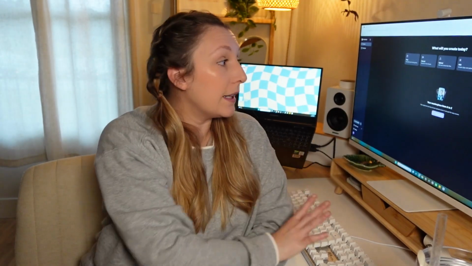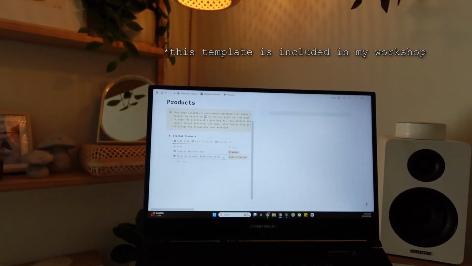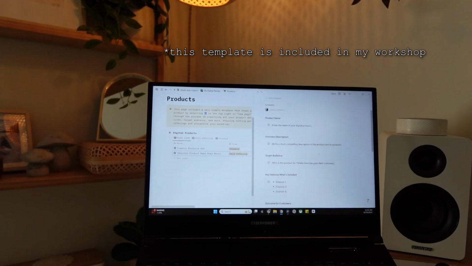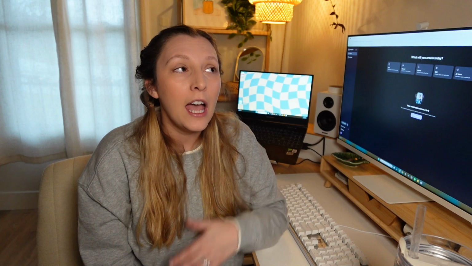Obviously, before you jump into something like Riverside, you need to plan and script out your workshop. So for me, I use Notion for all of this. I will write out my basic outline, and then usually once I do that, I'll start filling in the gaps of all the content I actually want to say. I do so much better when I'm not following a script verbatim.